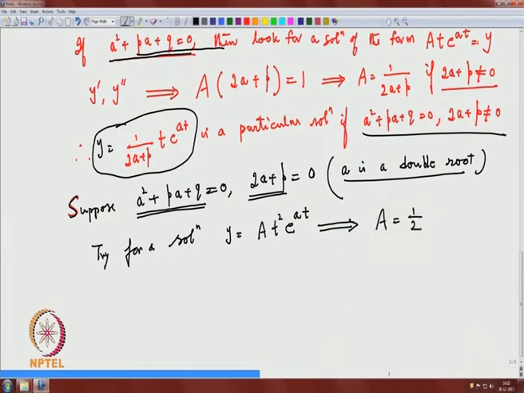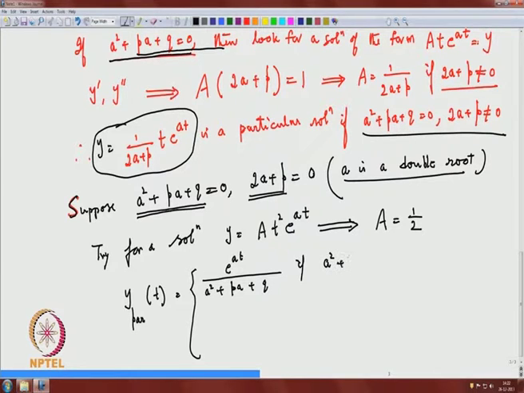So, a complete independent solution can be obtained, and therefore you can get your particular solution of this case: y particular of t is equal to e power a t by a square plus p a plus q, if a square plus p a plus q is not equal to 0. You will have the solution t e power a t by 2a plus p